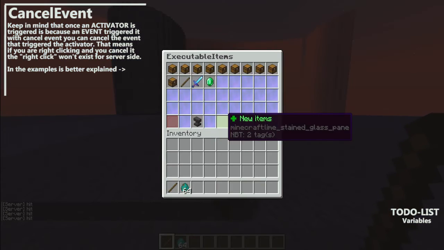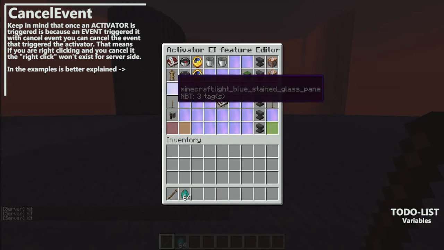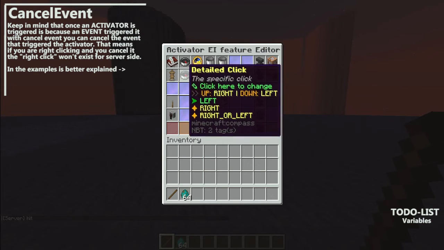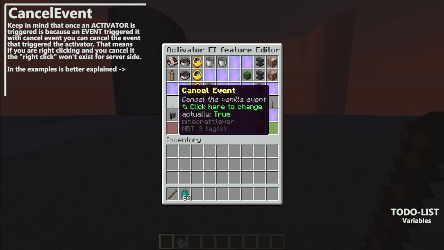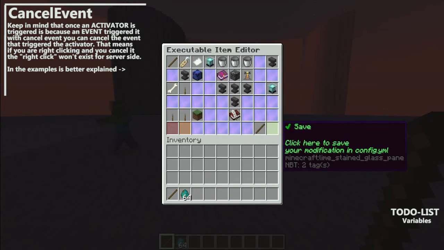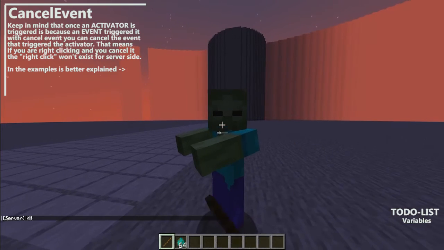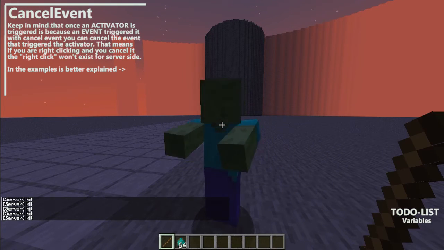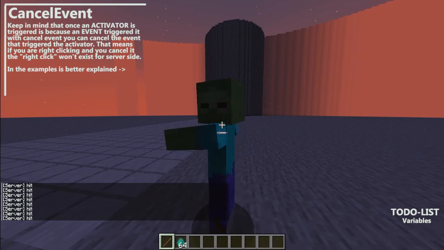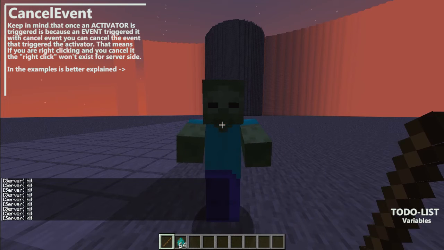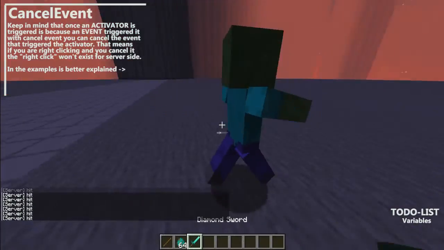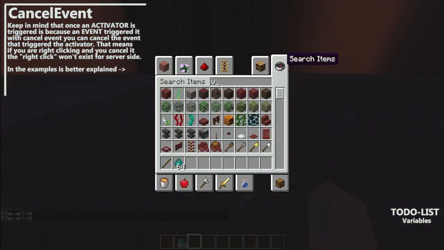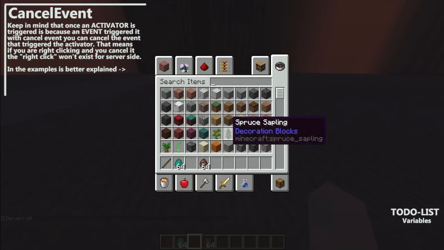What if I go to the activator and I cancel the event? Remember, player click on entity, left, cancel event. Now if I click the zombie, it says hit, but the zombie is not being hit because I am canceling the event. Okay, I hope you understand what I'm saying. I hope yes. For example, another one, a villager,